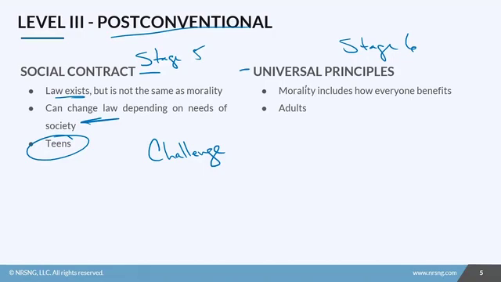And in stage 6, with universal principles, adults really start to understand how their own view of morality starts to include everyone. It starts from the simple idea that we all have our own morality, and then we start to extend our view of morality to everyone else. And obviously, that's not going to go as smoothly as everyone would like, but it's important to realize that with time, this is the time where the adults are really going to start to reach out and do whatever they think is going to be the most benefit to everybody based on how they view their own morality.